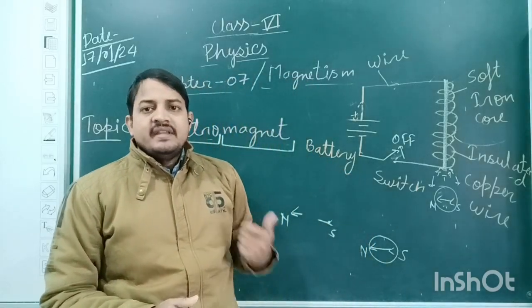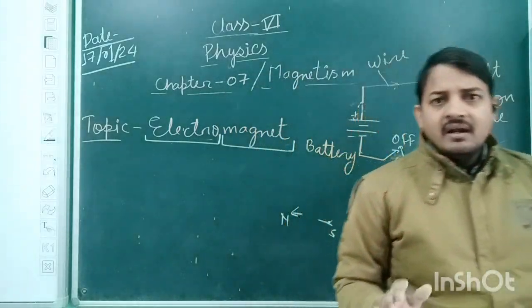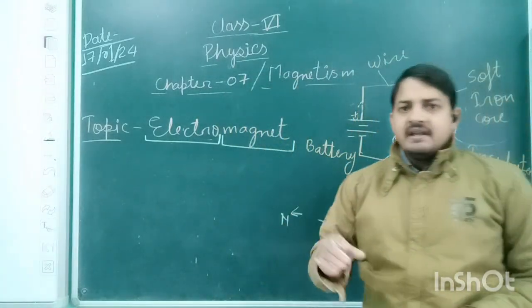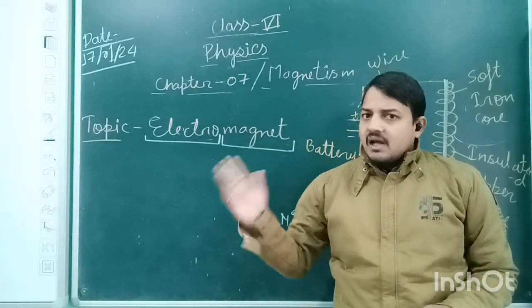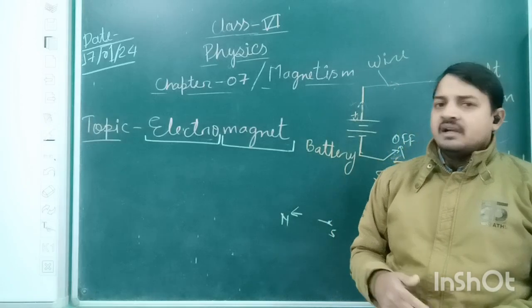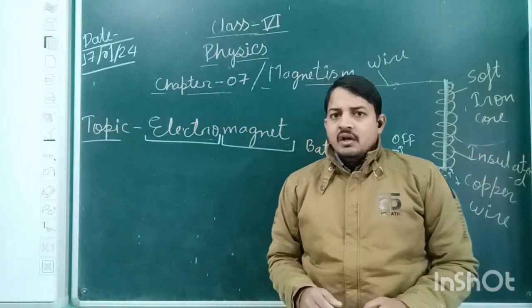Okay. Now there are some applications of the electromagnet. Everyone has seen an electrical bell, not the electronic bell. Nowadays we are using electronic bells which produce different kinds of music. But earlier, we used electrical bells, and I think in school also, electrical bells were used. What is the mechanism?